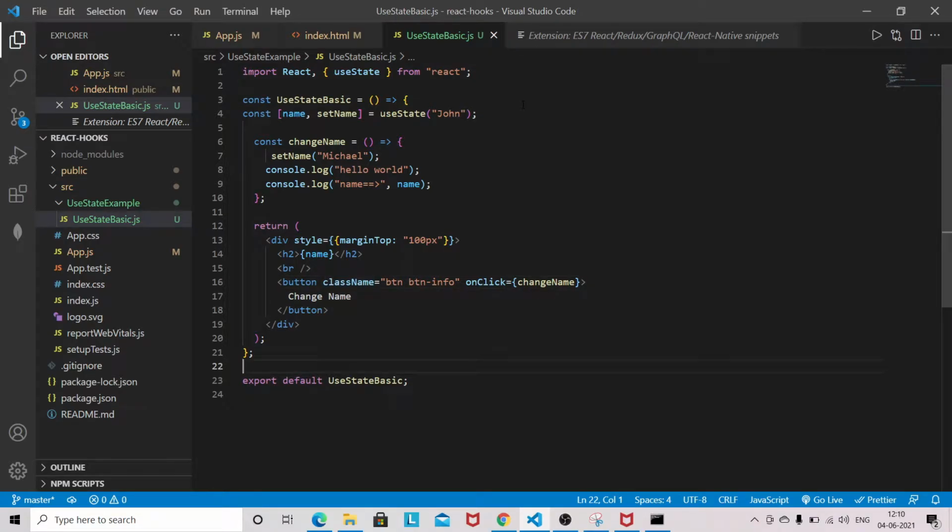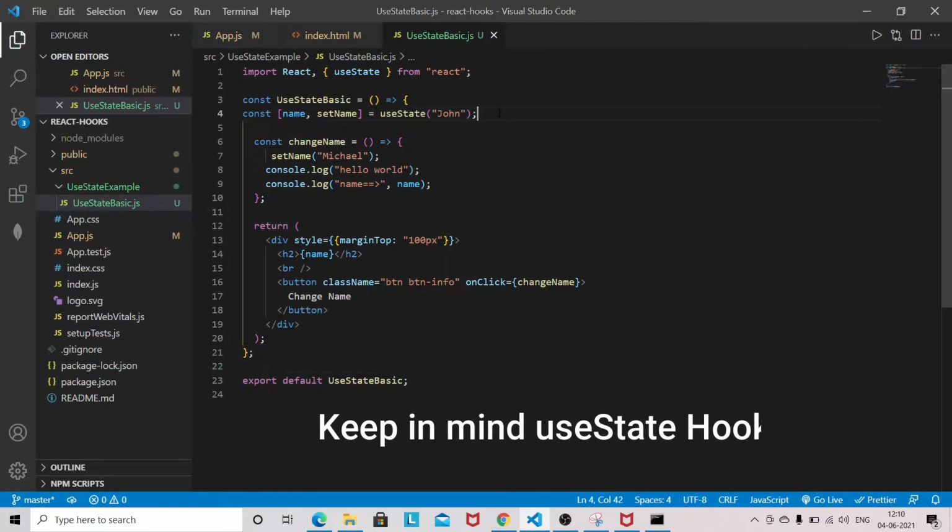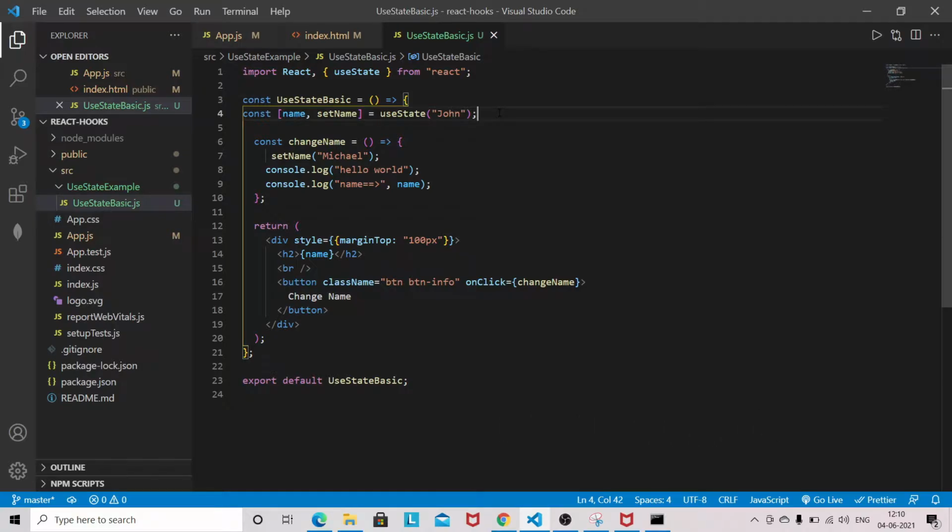Before moving forward to other useState examples, there are some rules that we need to understand. The first rule is you cannot make the function component name lowercase.